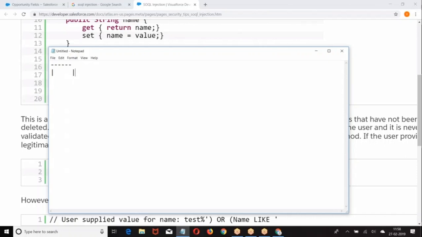I entered a JavaScript code. The JavaScript code also will be taken as what? Name only. In the input text box, whatever you enter, that is taken as a name. I wrote some code which will attack the database. I wrote the code in the form of JavaScript and entered it in the input text box.